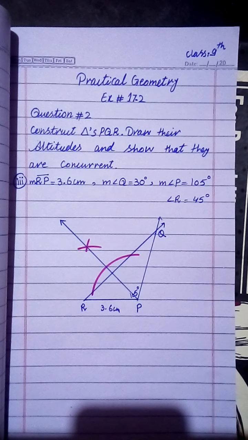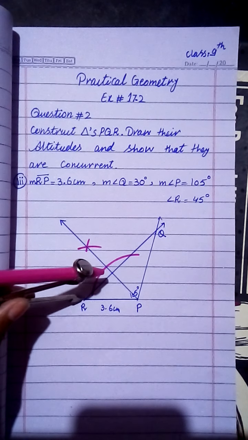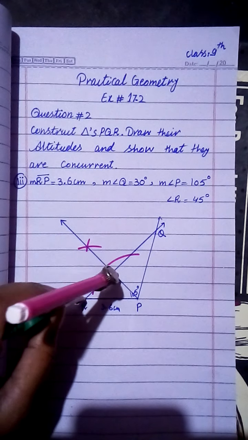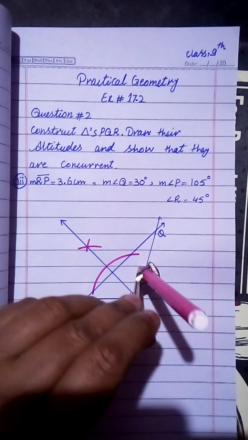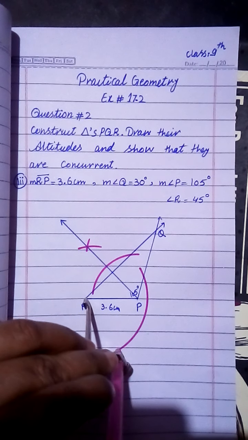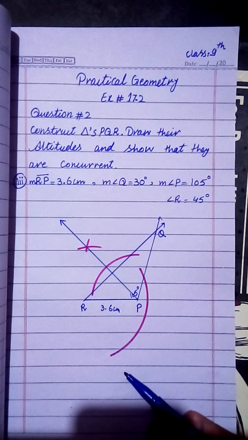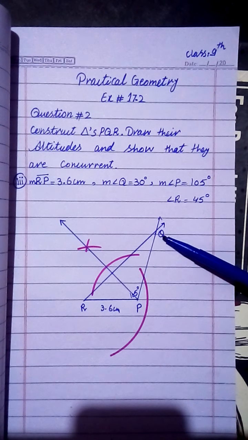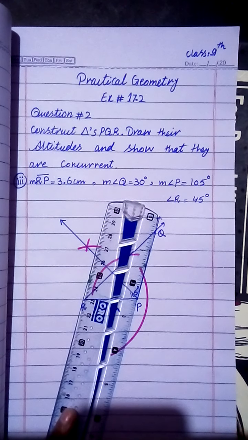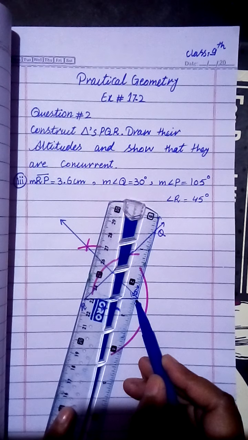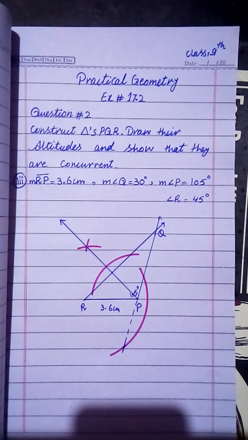Now next you will take R vertex and its opposite side is QP. So you have to put compass at R and open compass with suitable radius and draw arc in bay form like this. Check that you get just one intersection point. Second intersection point is not available here. So you have to extend this QP line. You have to put scale according to QP. Now you have to extend this line in dotted form like this. Now you have to get second point of intersection here.